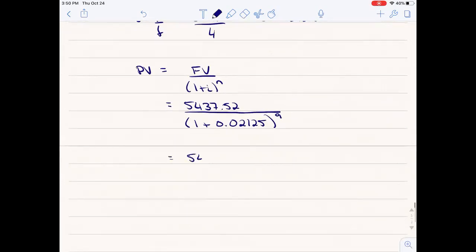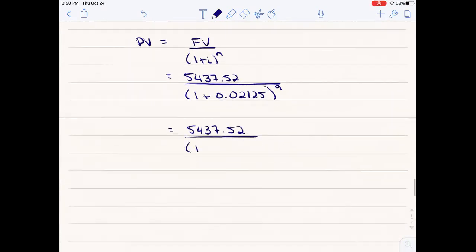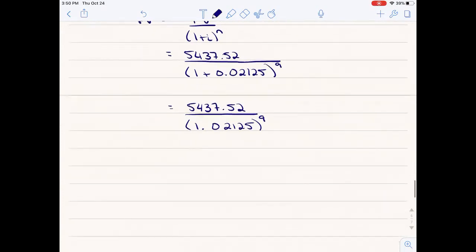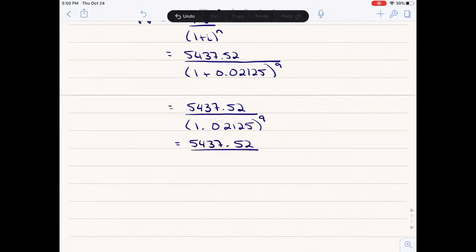So we've got 5,437.52 over 1.02125 to the power of 9. Again, I'm showing probably more steps than you need to, but it's just so when you look back, you can see the steps that I did. So plus 1, and then to the power of 9, I get 5,437.52 divided by